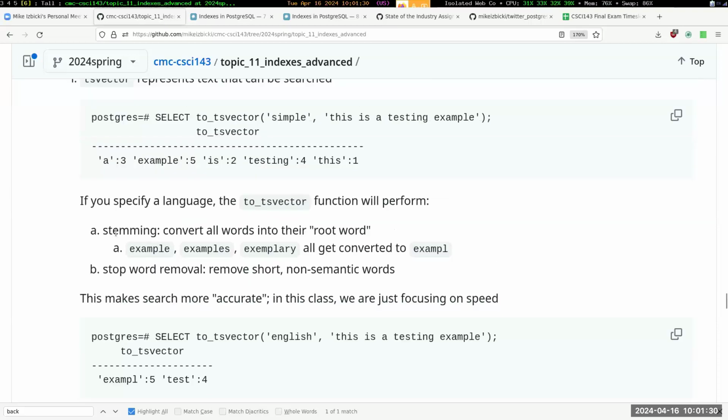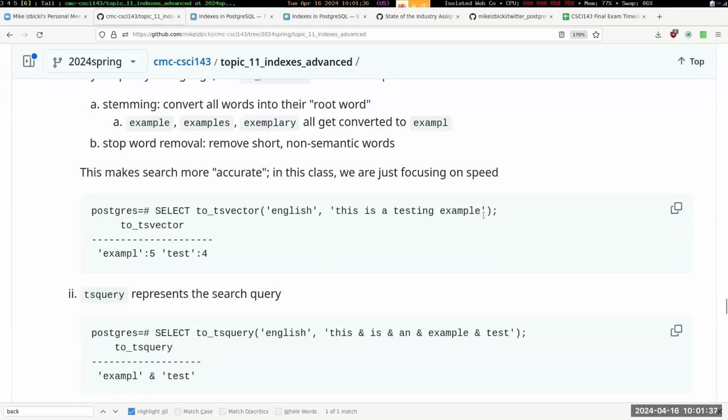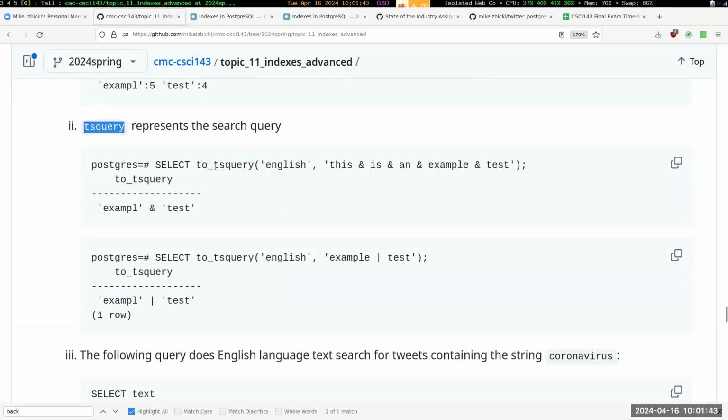So that's the TS vector. The TS vector is storing the actual data that is in the database in a form that is possible for text search. And then the TS query is how you represent the actual search itself. And so there's, again, a toTS query function. You specify the language as the first argument, and then there's a complicated sort of syntax available about what the